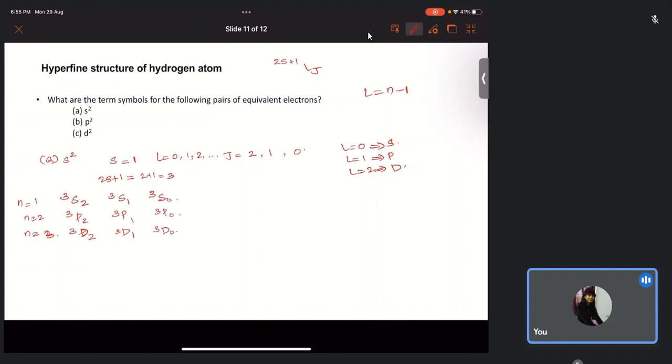Yeah, so this is how it happens. And if it is p2, it is going to be S is equal to 1. Then L can be